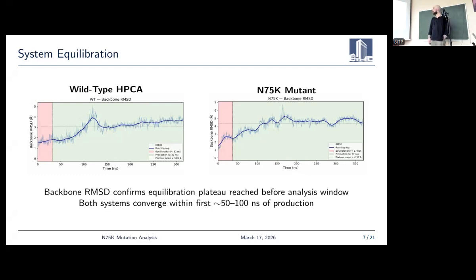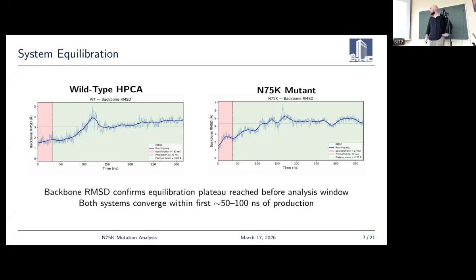So yeah, the system was equilibrated in 3 stages of NVT equilibration, and then in 3 stages of NPT equilibration, and the simulation was done in the NPT ensemble with the Parrinello-Rahman thermostat and Nose-Hoover barostat,